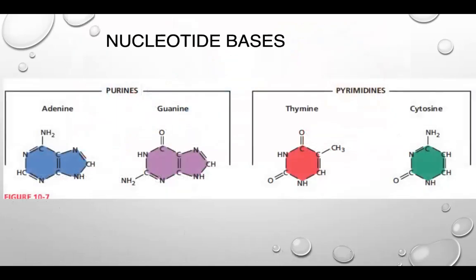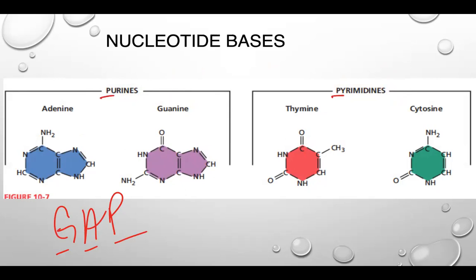All right, now the bases, as I said, adenine, guanine, thymine, cytosine, they come in 2 pairs. Now, adenine and guanine are double rings. You can see there's double rings here. These are called the purines. And the single rings are called pyrimidines. Now, the way that I remember it is gap, guanine and adenine are purines,